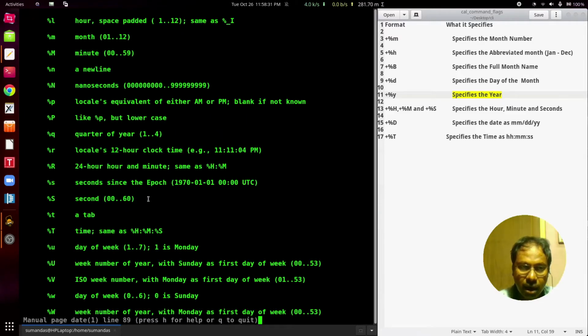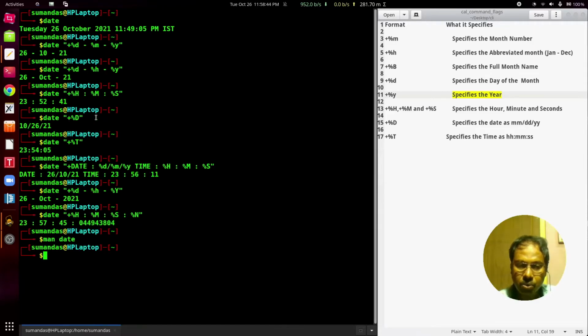Same as here I have used capital N, that is for the nanoseconds. Okay. So to exit from the manual of the date command, just press Q.